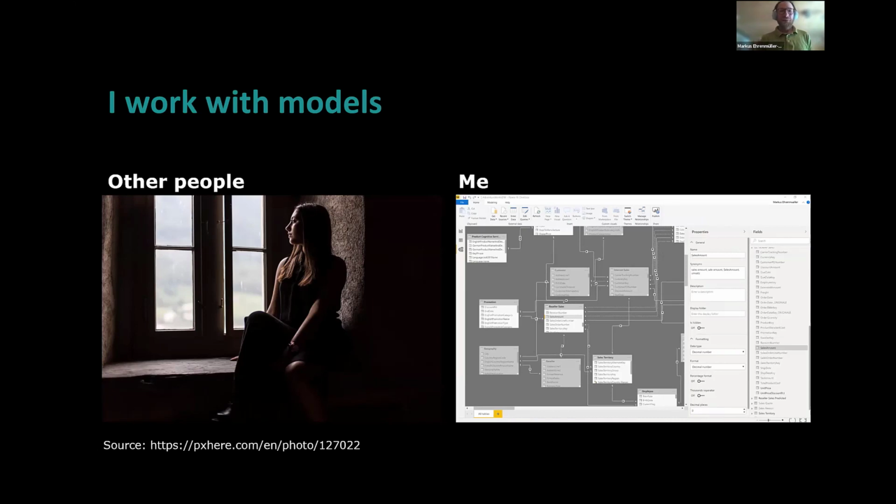Why is data modeling so important? Because Power BI Desktop is first a self-service BI tool, and that means that it does a lot of things towards the end user. The tool is not so much for the IT folks, but for people with domain knowledge who have domain problems they have to solve with the tool, and they can solve it with Power BI Desktop. And it's very important that you're aware that Power BI Desktop is a model-driven tool. That means it's very, very important that you shape a data model.